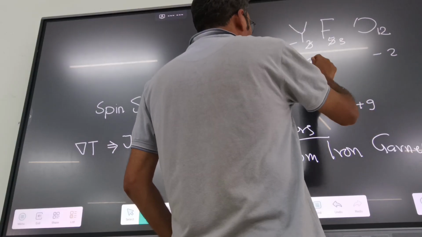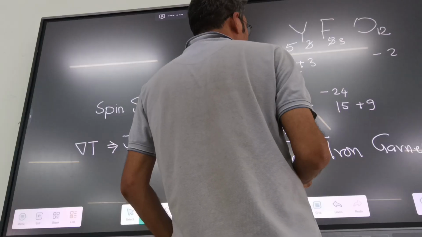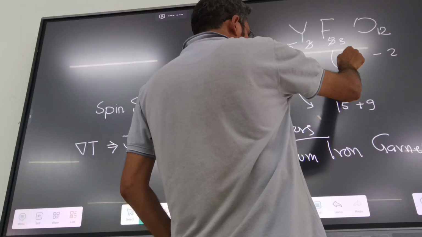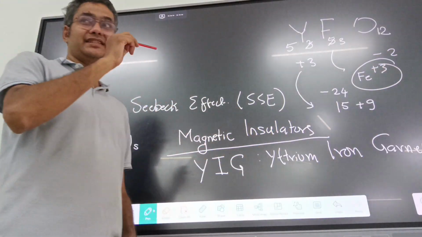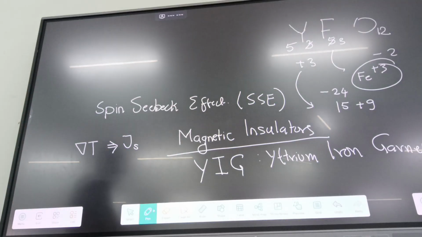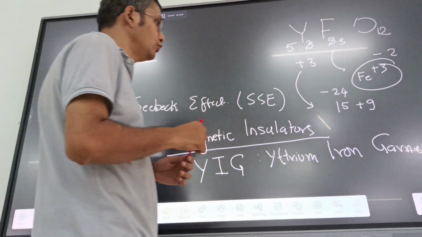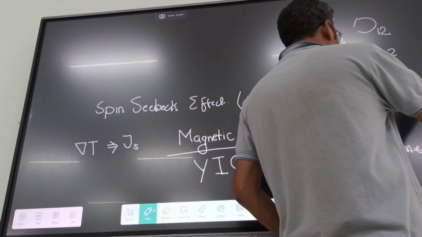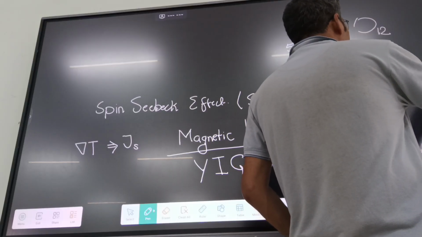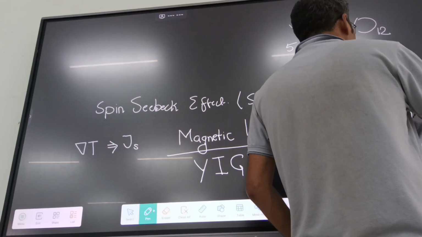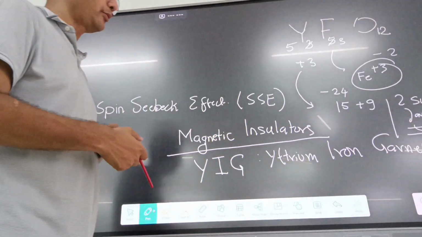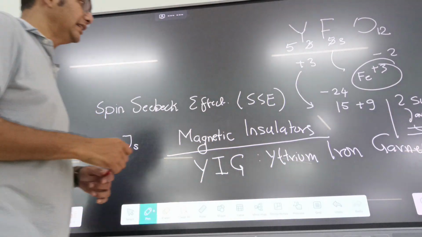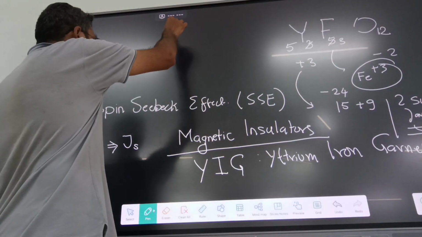So yttrium का oxidation state is +3, so that is +5. So it is +6 oxidation state. Now this existence of this Fe plus oxidation state structurally consists of two subatomic units. Due to having these two subatomic layers, इससे क्या होता है कि the property of फेरीमैग्नेटिज्म